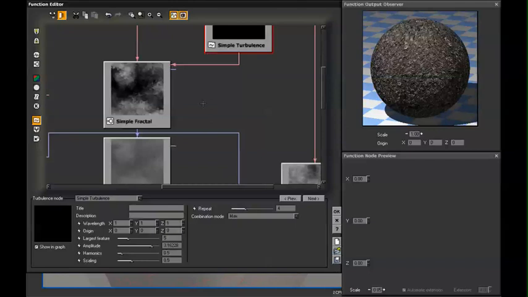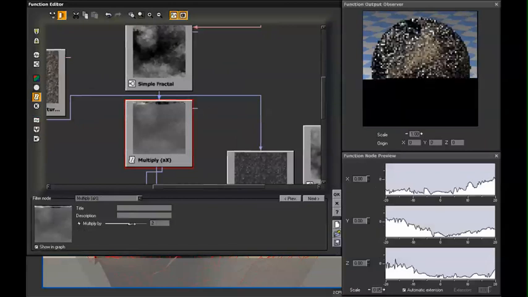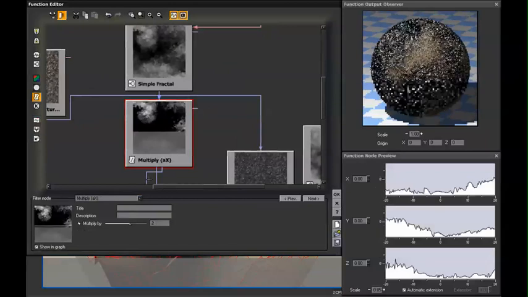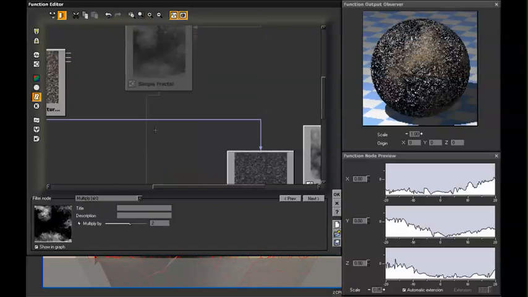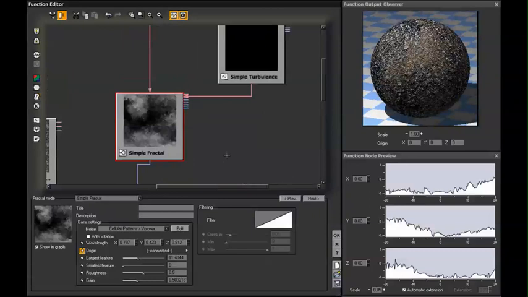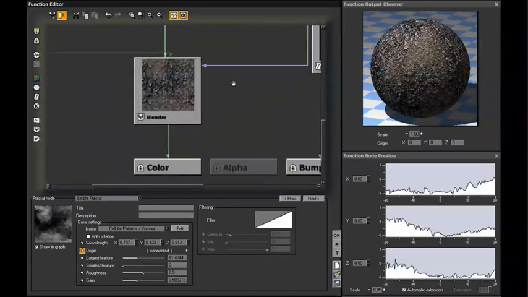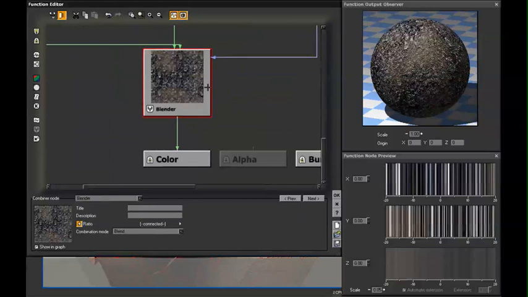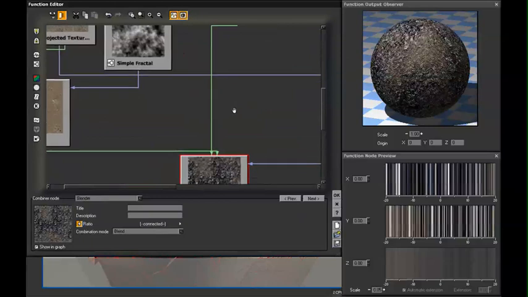And I'm just going to remove that multiply function in there because I really don't think we need it. If we increase that value and take a look, we're still getting too much of a contrast. So just working with the standard fractal, even though we do have a little bit of a color change in there, it's not too bad. And what I could always do is, if we take a look at our blender, we can see that blue value showing up, and that's being caused